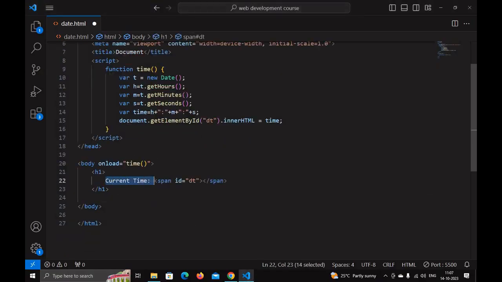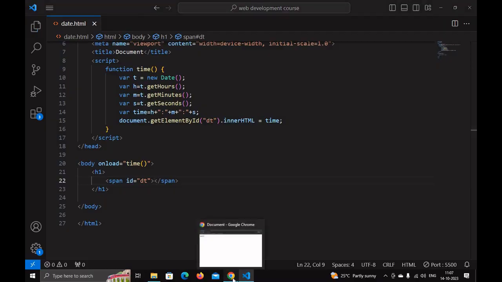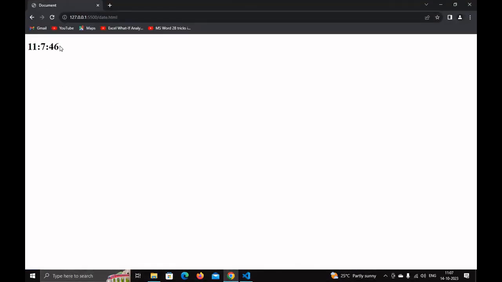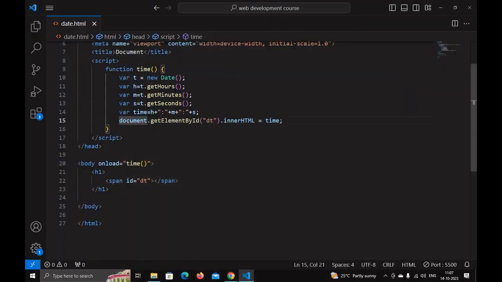So first of all, delete this current time and save it and go to the browser, and now you can see the clock. I will do the styling later. So here I am extracting the hours, minutes, and seconds. And what I will do, I will delete this, and